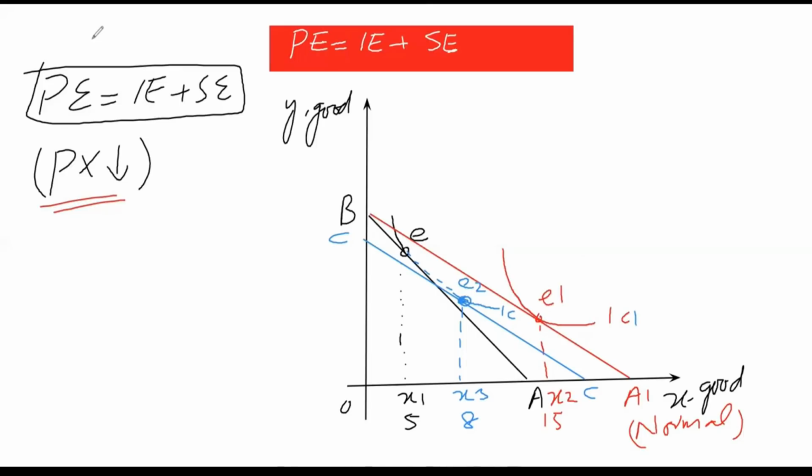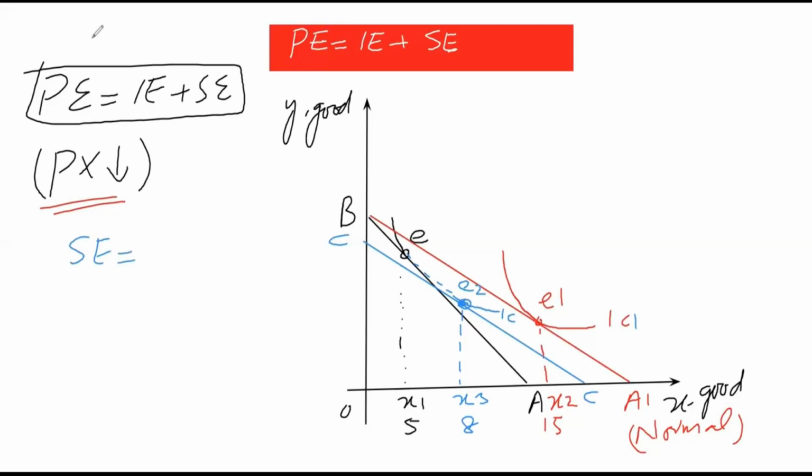So the new equilibrium will take place at E2, and the new quantity as per the substitution effect, if the consumer's purchasing power is kept constant, is that he would be able to purchase X3 quantity of the normal good. And this is an imaginary budget line, it is not an actual line. If we just consider that his purchasing power was kept constant, then he could have purchased a maximum of 8 units, or X3 quantity of X good. So the substitution effect in this situation is at E and E2.